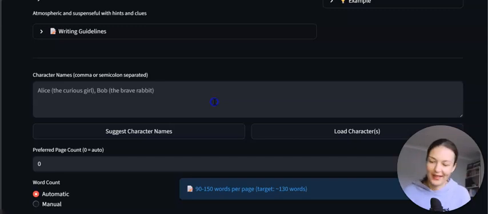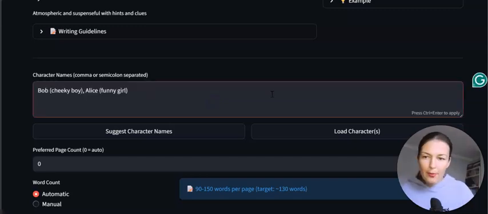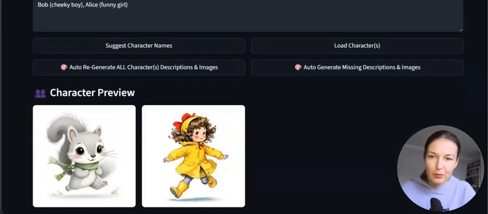Okay, I was like, okay, whatever. So now I learned my lesson, and I'm gonna describe it. So I just said Bob, cheeky boy, Alice, funny girl. I know I could be more creative than that, but let's get moving.